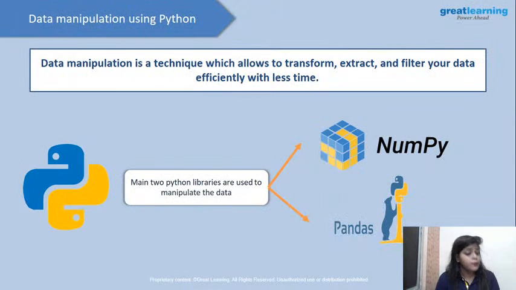And the data manipulation libraries we use in Python, the main ones are NumPy and pandas, right? So if we talk,